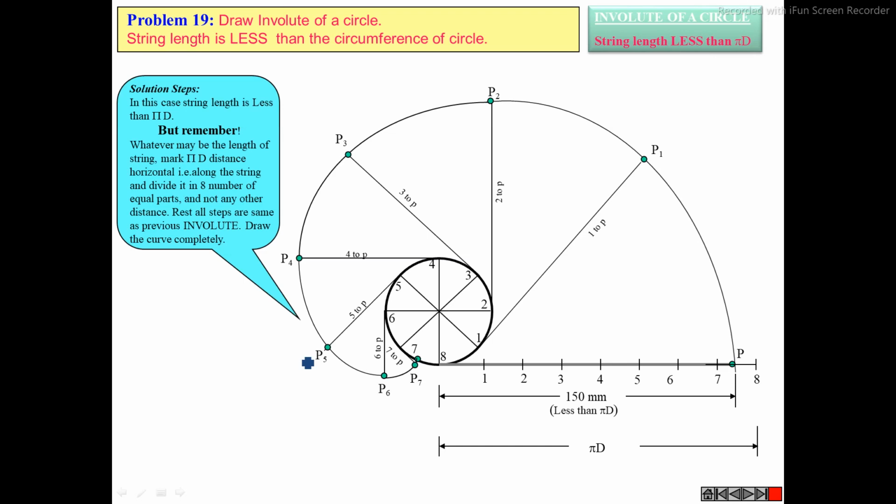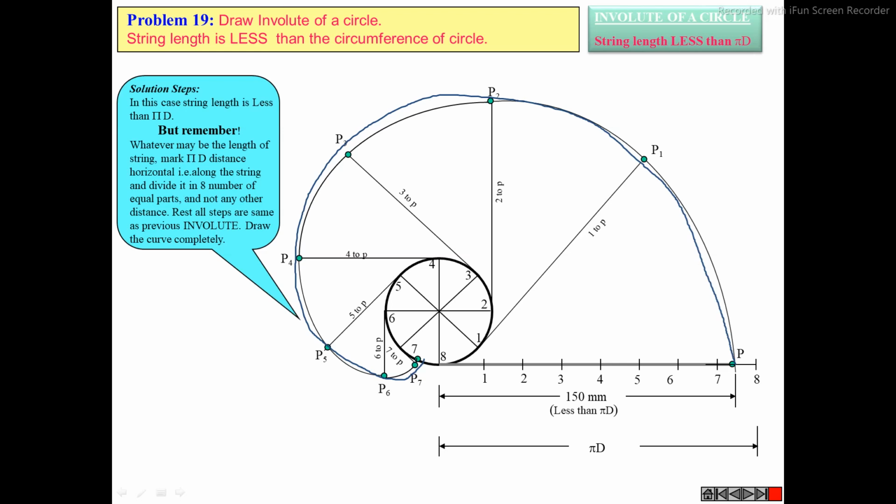Clear, sir. And regarding the use of pencil, only the final involute you need to draw with an HB pencil, that is this involute. In all the three cases, only the final involute you need to draw with an HB pencil. In order to draw the involute, you are doing many internal constructions. For those constructions, you need to use H and 2H pencils. Clear on the use of pencils?